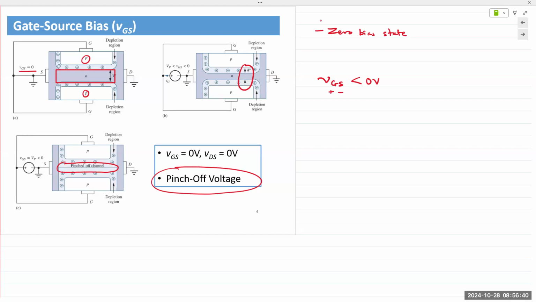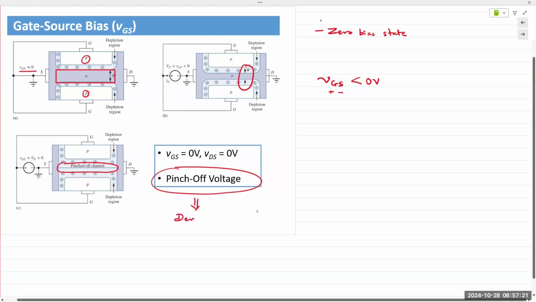Question? Okay. All right, so zero bias again. VGS is 0. VDS, the drain source voltage, is also 0. Everything is grounded. Now, at this point, it's in equilibrium. There's a depletion region that exists at both sides. If you now decrease VGS, you apply a negative voltage at the gate with reference to the source, it is now being reverse biased. At reverse bias, the depletion region increases. Eventually, it will result in a pinched off channel. And a pinched off channel means the device is turned off. Okay, so the device turns off,